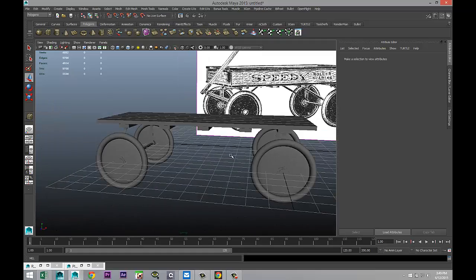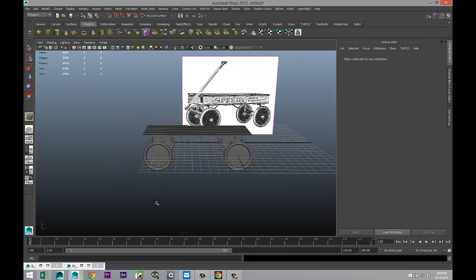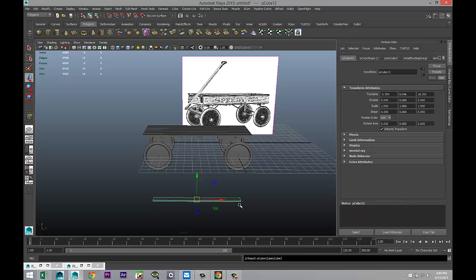That's fine. And what we'll do there is we will take a polygon cube and we'll pull that out. Give it just a little height. We're going to hit E, we're going to rotate it. Let me see, let me think, are we? No, we're not. Actually, what we'll do here is,